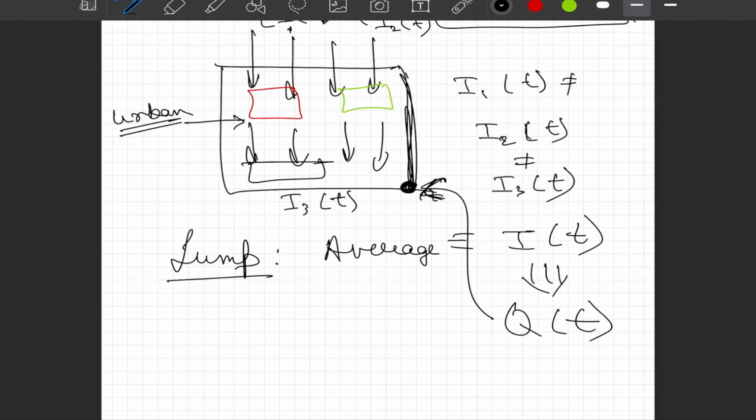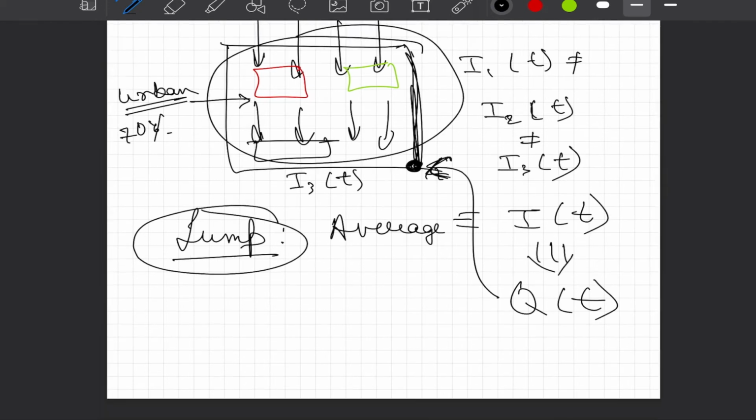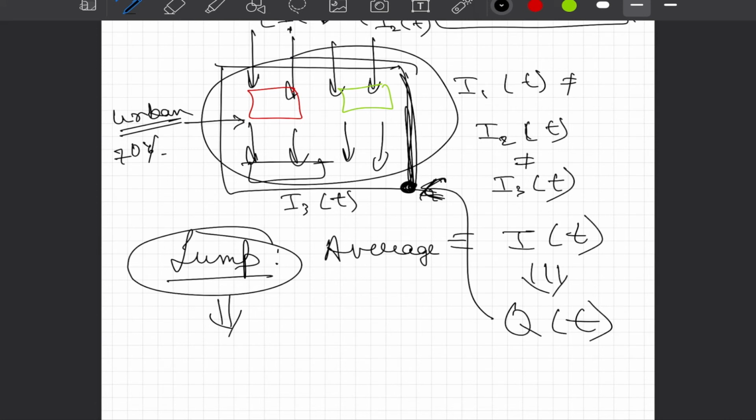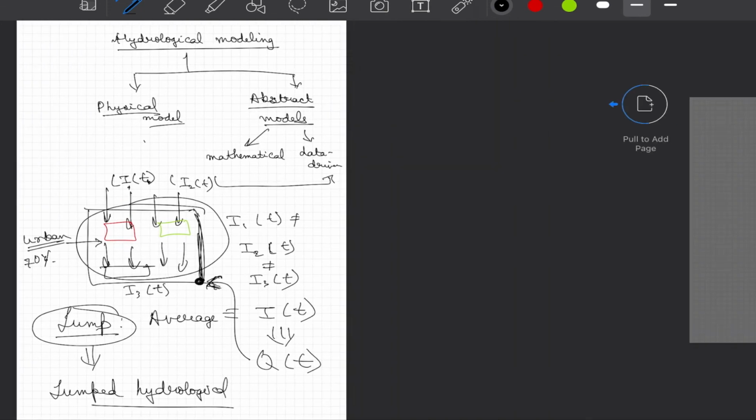That means there is a lot of concrete, and I have calculated that on an average 70% of rainfall will run off as runoff. So what you have done, you have lumped all the physical properties of such a big area into one representative number, and you say that now I will apply the conservation of mass, momentum, energy, and so on to estimate this relationship between QT and IT. So you are basically looking at the lumped model. These are called lumped hydrological models, where you represent an area of non-zero magnitude as a dot or as a point and concentrate all the properties there.